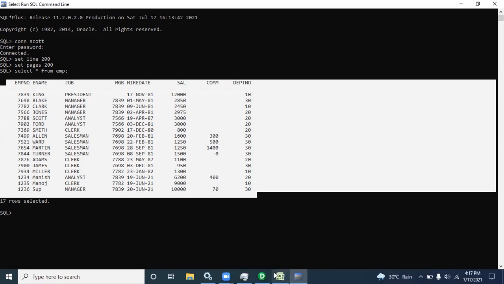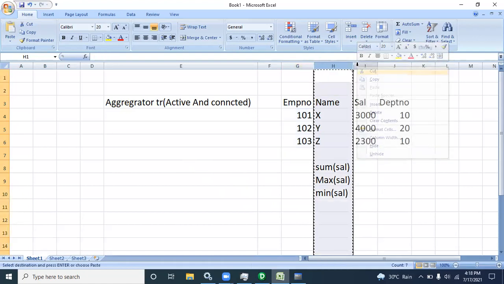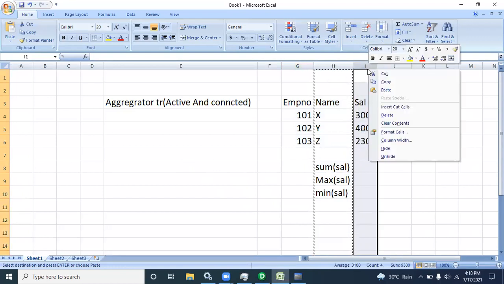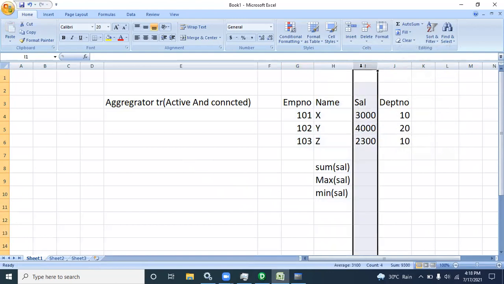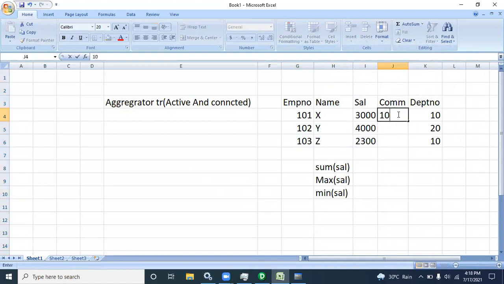Earlier we discussed total salary. If you remember, in expression we calculated salary plus commission, because it calculates row by row.